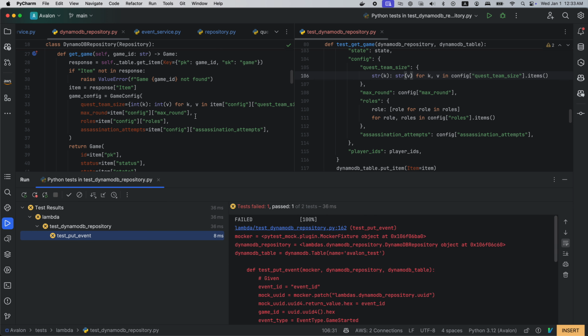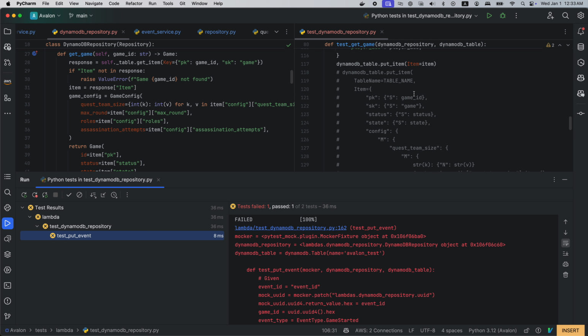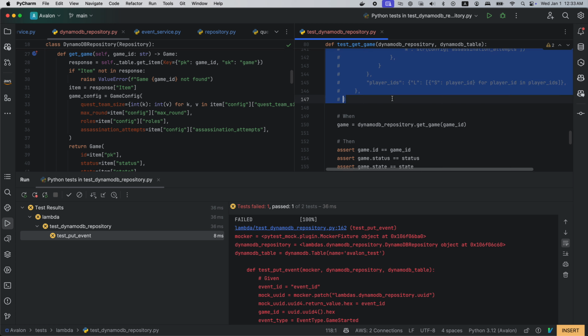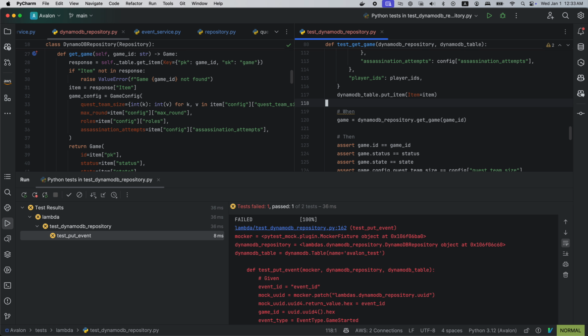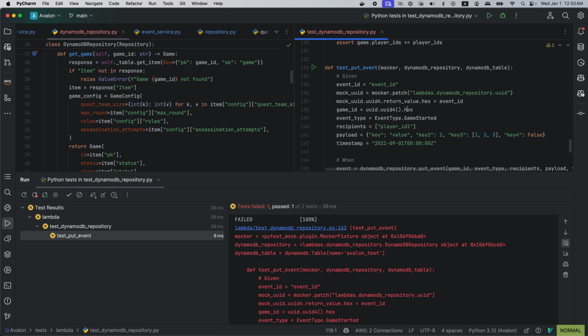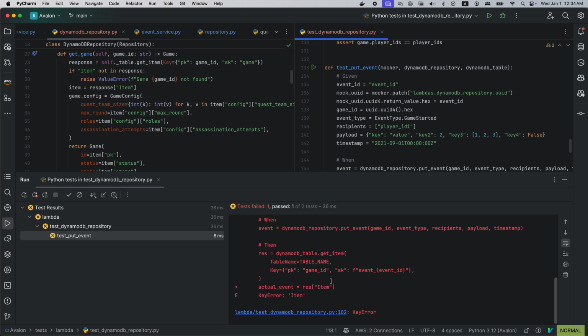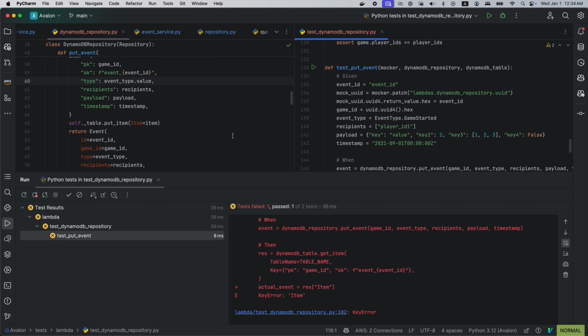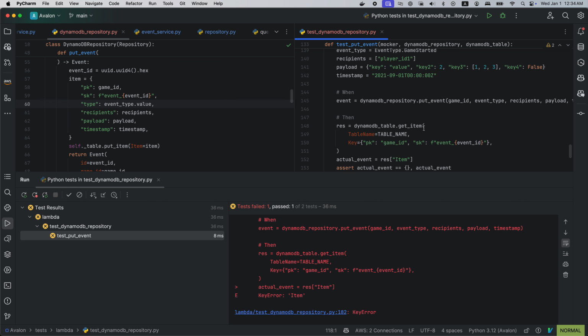Okay, perfect. Okay, now we can delete this. This is much simpler. So now what we're having here, there's no item. Okay, that's not good. We have put item, let's see. PK, SK, nah, same thing.